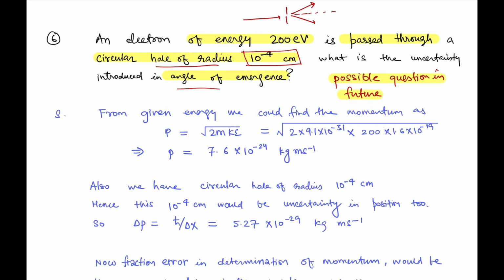Why? Not exactly this question, but something related to this concept, because the same thing has been asked in the past. So let us solve it. We have the energy of the electron, that is 200 electron volt. So we could easily find the momentum. Momentum is square root of 2m times kinetic energy. When you put the whole value, we get 7.6 multiplied by 10 to the power minus 24 kilogram meter per